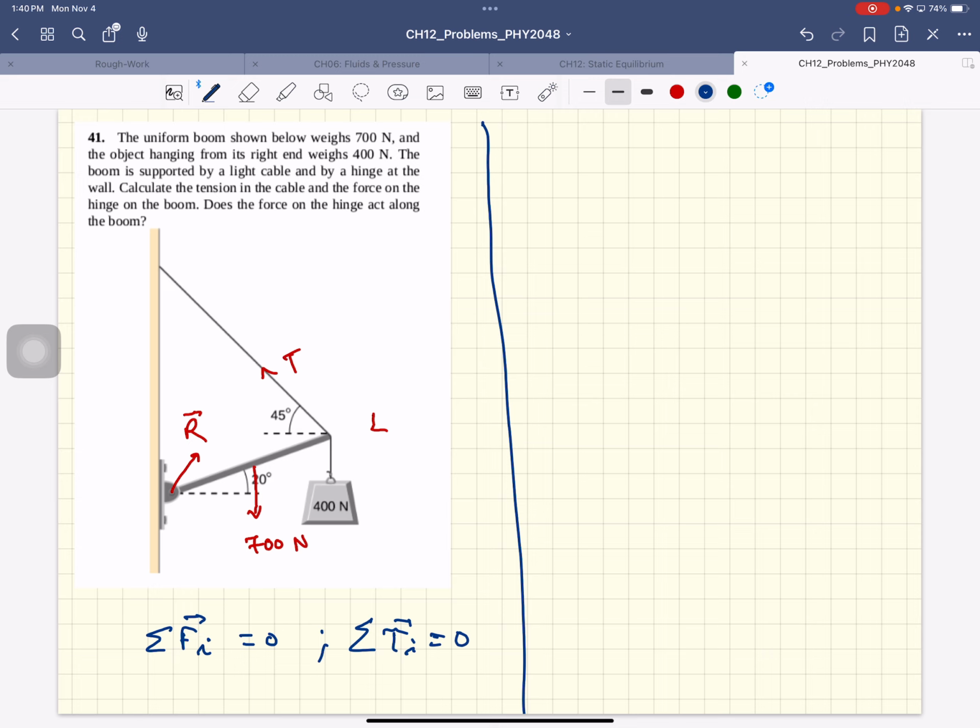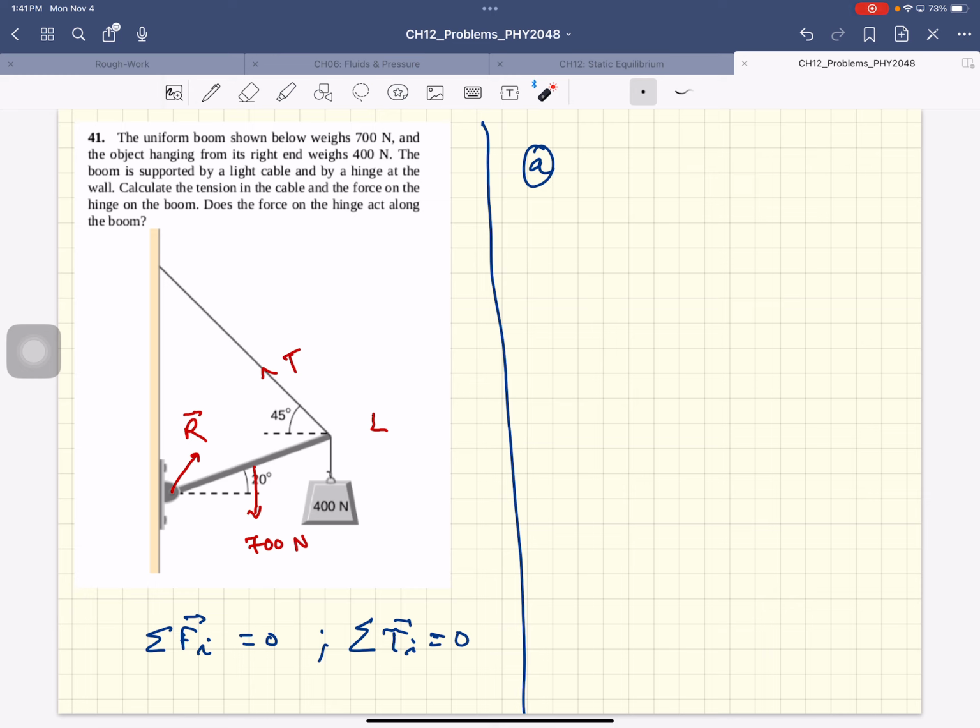So calculate the tension in the cable and the force on the hinge and the boom. Now when we want to calculate the tension, we know these 2 forces, we don't know this force. So we'll use the torque equation and calculate the torque about this point. Why will we calculate the torque about this point? Because that force will be eliminated, and this will be the only unknown. That's the smart thing you want to do. So for the first part, to calculate the tension, we'll calculate the torques about that point. So for part A,